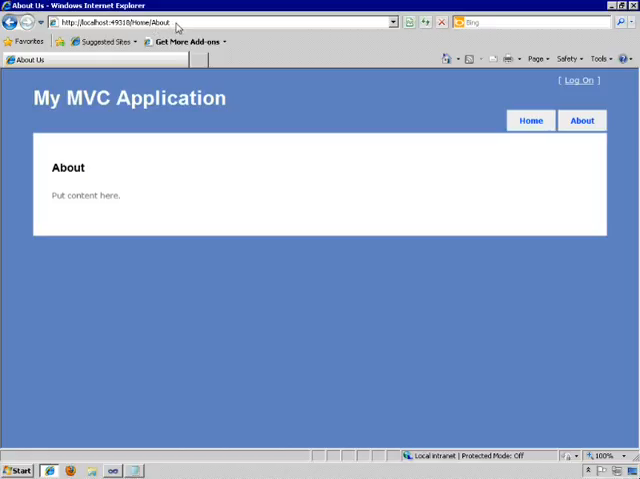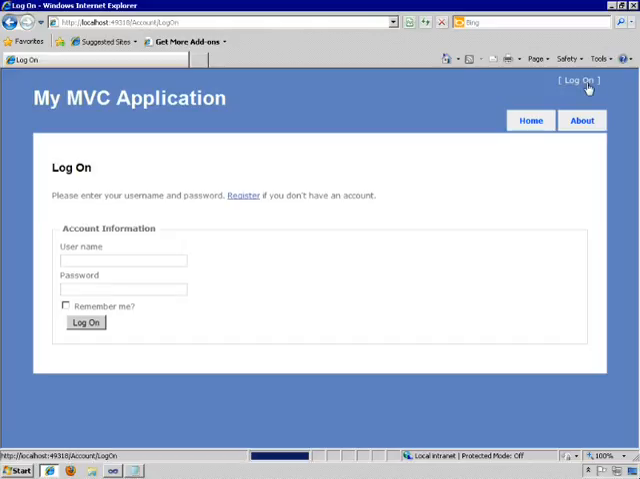Keep in mind again that MVC applications are all about calling methods, not about loading physical resources. There is no page located at home/about.aspx. There is an about.aspx, but it's not in a home directory that's off of the root of the application. Now let me click on the logon, and as you can see, I'm now in the account controller, and it's